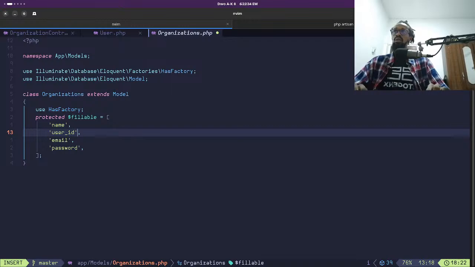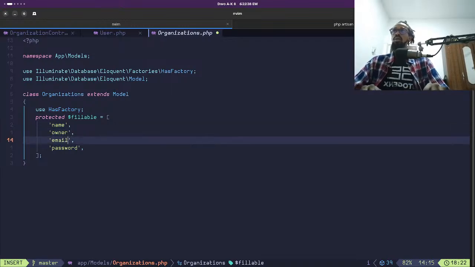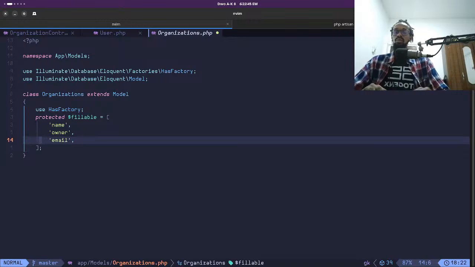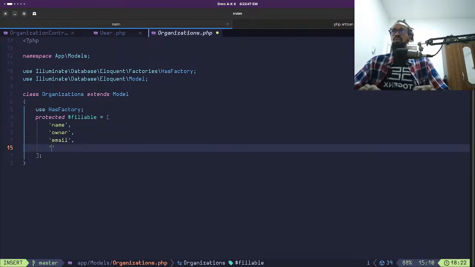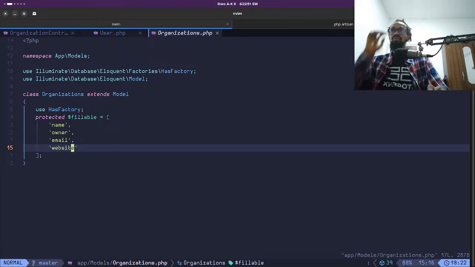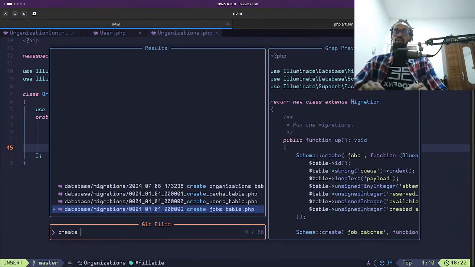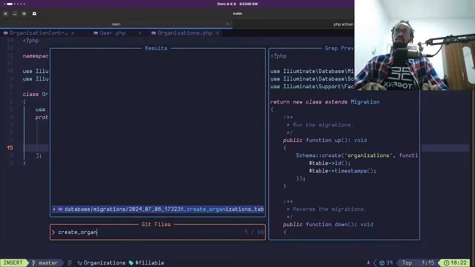Owner email. No, we don't need a password. What we need is websites, because why not? So say creates organizations,